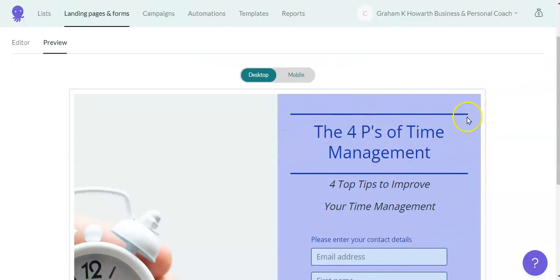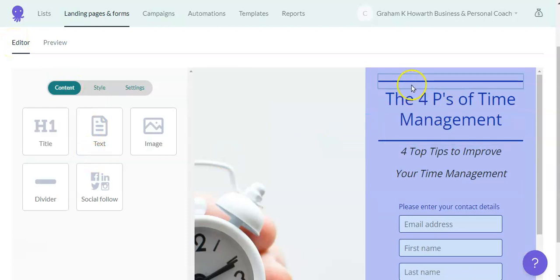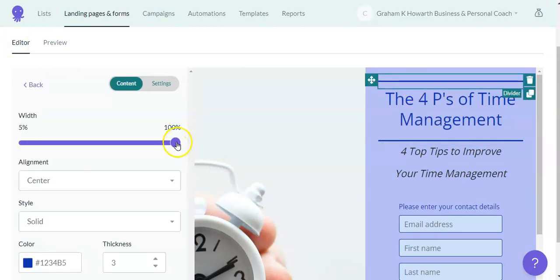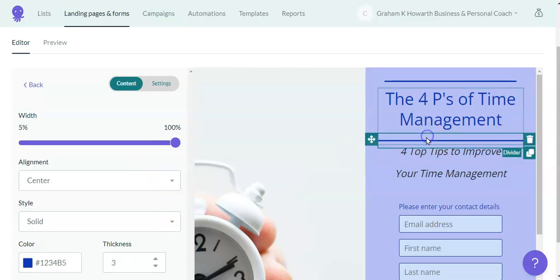Now the lines are a little bit overlapping the text, so I think we'll go in and just shorten those lines a little bit. So if we go back to the editor, then again we can just click on the line and we can take down the width, say to there, and we can do the same on this other one. Take that down so it's about the same.